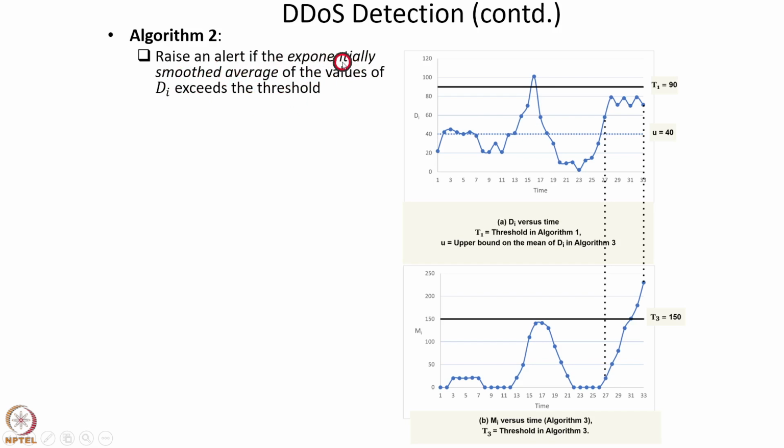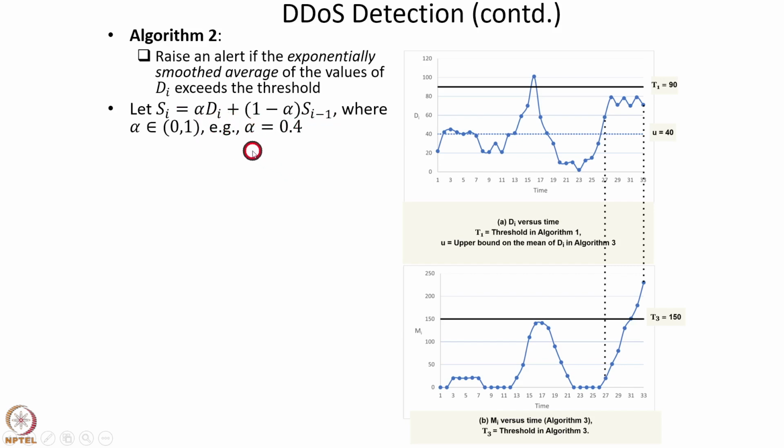So exponential smoothing is one way of taking averages. It assigns high weights to recent values of di and low weights to old values of di. It is calculated in the following manner. Let Si be alpha di plus (1 minus alpha) Si minus 1, where alpha is a number between 0 and 1. For example, alpha equals 0.4. First S1 is calculated from D1 and S0, and then S2 is calculated from S1 and D2, and so on and so forth in this way.